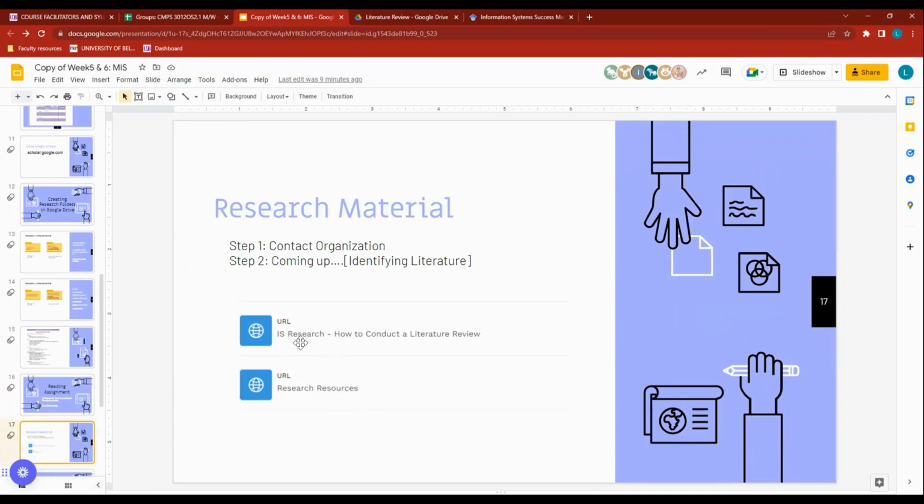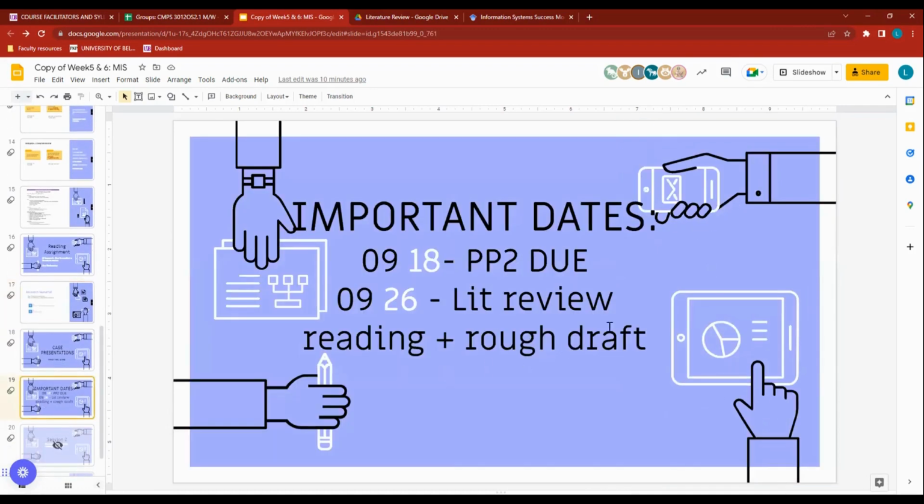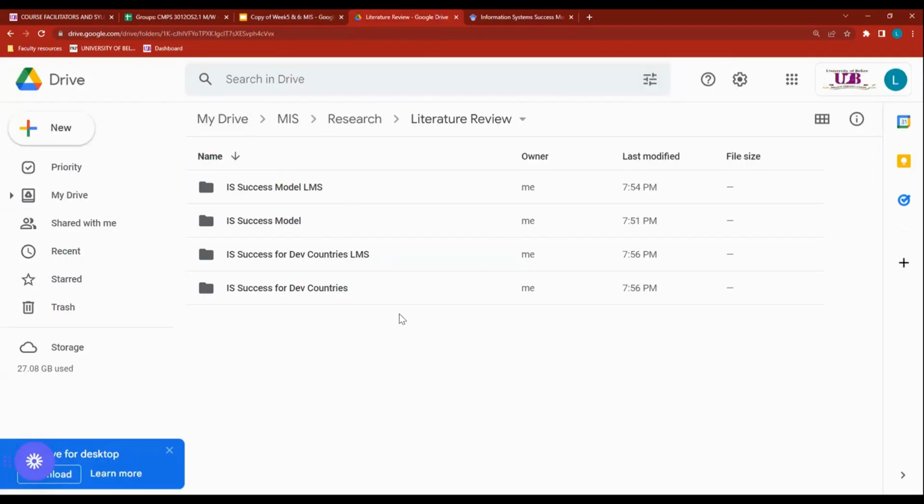So when we meet on the 26th, I believe it is, you can tell me what you read and what you understood. So the two important dates: your practical projects are due on the 18th, and your literature review, just a summary, a rough draft. This doesn't have to be in any way a completed document, but I want proof that you read something and that you understood something from those categories of folders and research that you had to do.